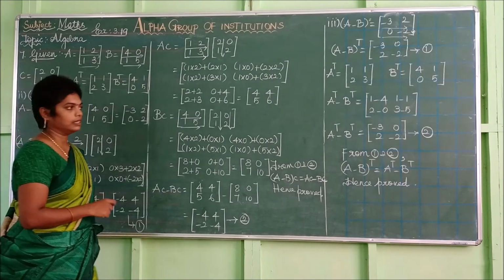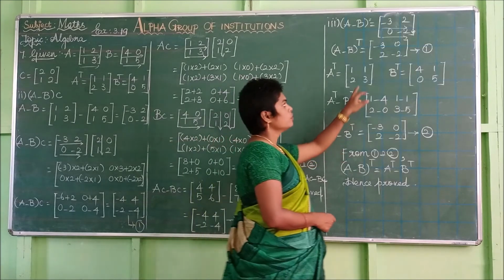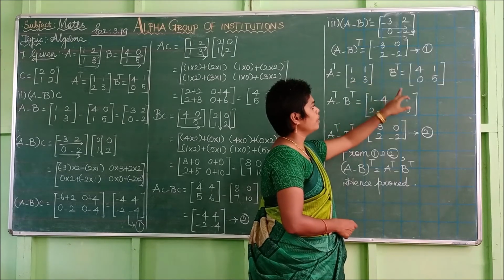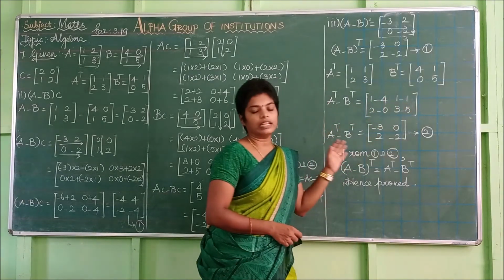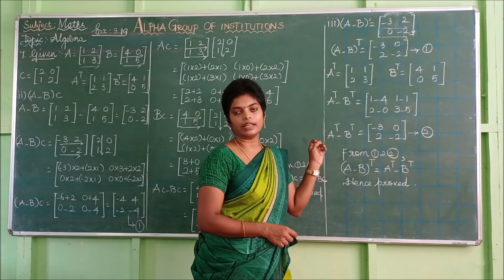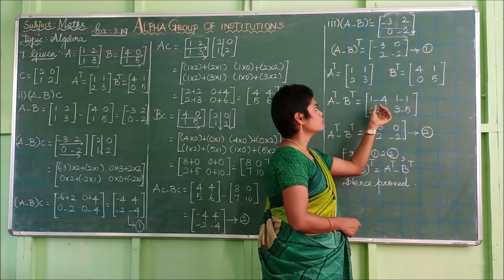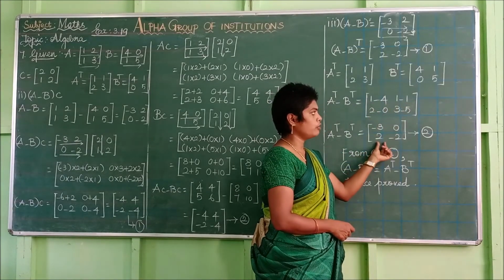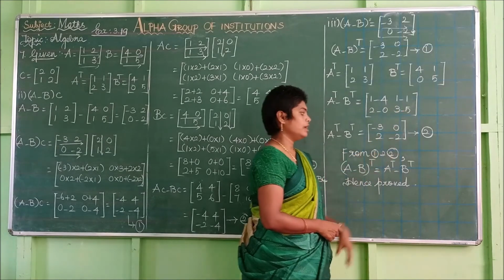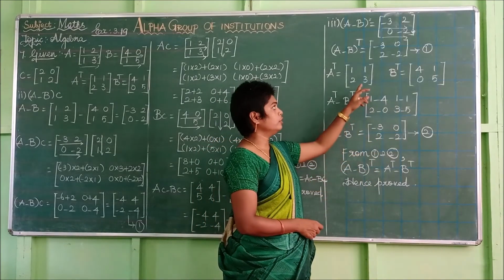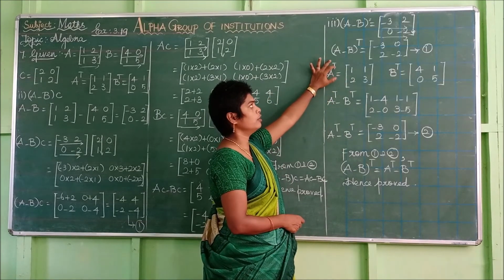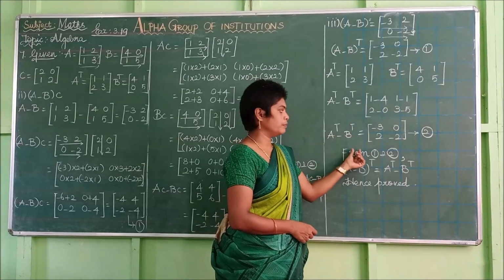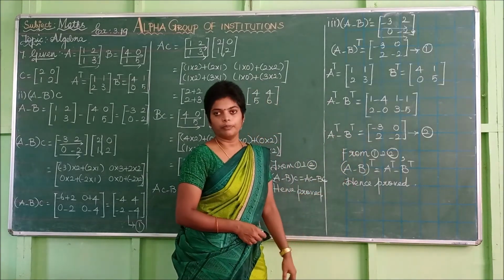Now we want to subtract that. A transpose minus B transpose. So subtract value 1 minus 4, 1 minus 1, 2 minus 0, 3 minus 5. For matrix subtraction, you can easily subtract or add the corresponding elements. So 1 minus 4 is minus 3, 1 minus 1 is 0, 2 minus 0 is 2, 3 minus 5 is minus 2. Now listen, from these 1 and 2. So here our 1 is LHS, which is equal to A minus B the whole transpose, which is equal to our RHS A transpose minus B transpose. Both are same, hence our proof.